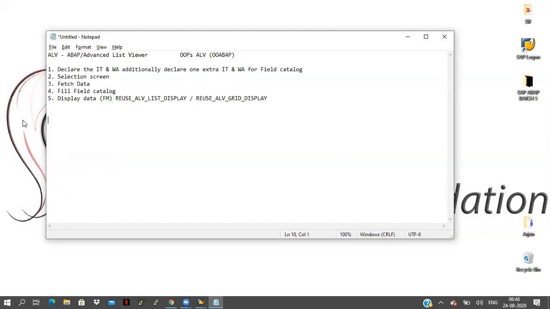One more thing here, if you are fetching some data from the table and displaying the data, for example, I will take the EKPO table. I am fetching all the data from the EKPO table, giving some condition, some select options or parameter. That is fine. But column wise, I am taking all columns in this internal table and I want to display the data. If you have this type of scenario, then it is not required to go for a field catalog.